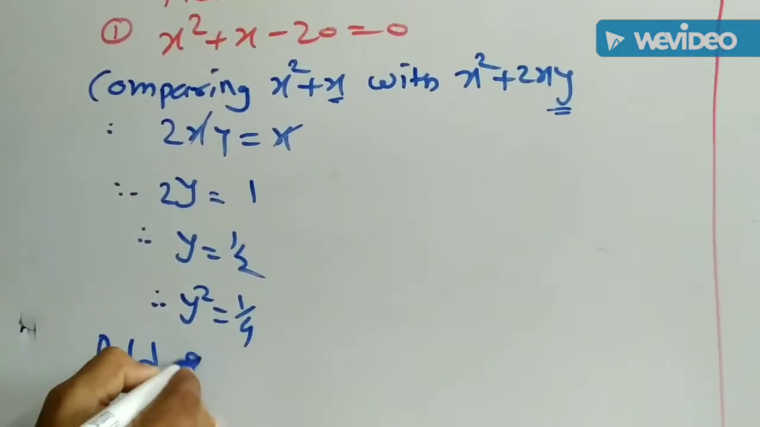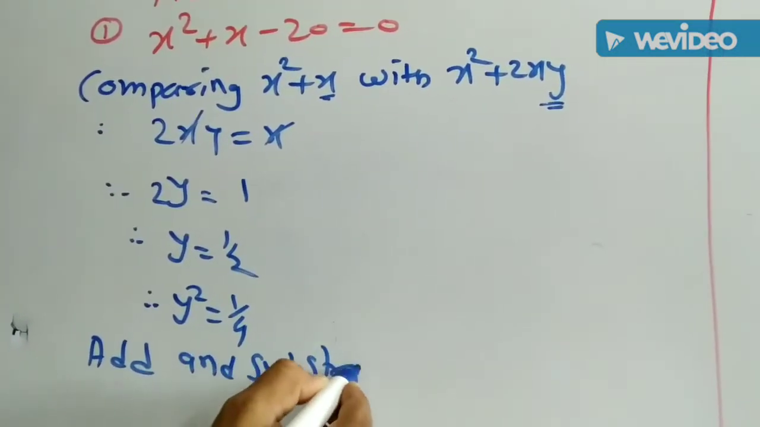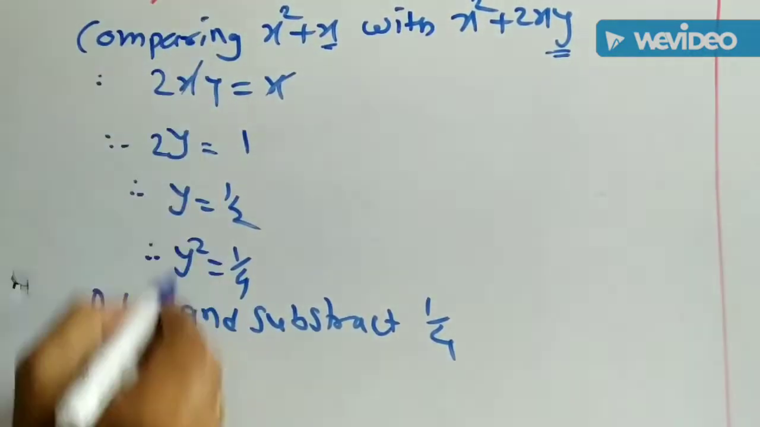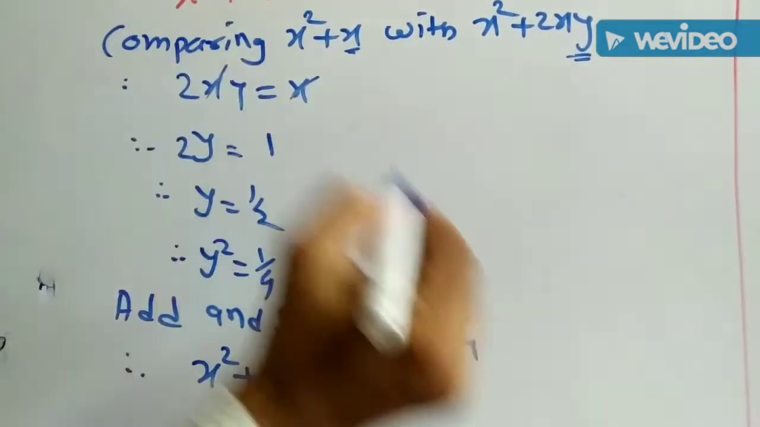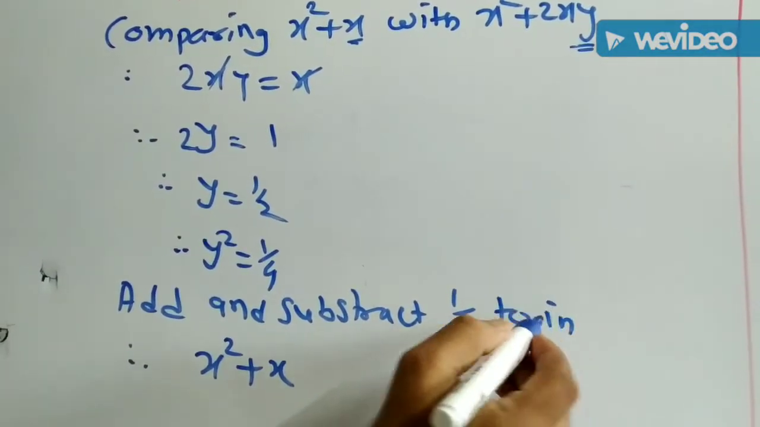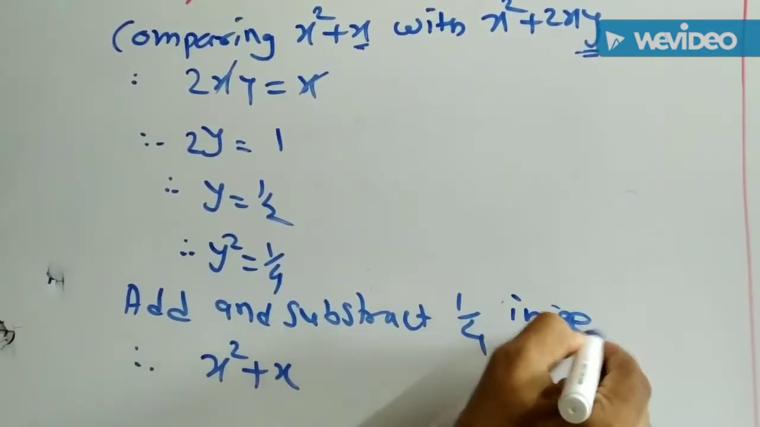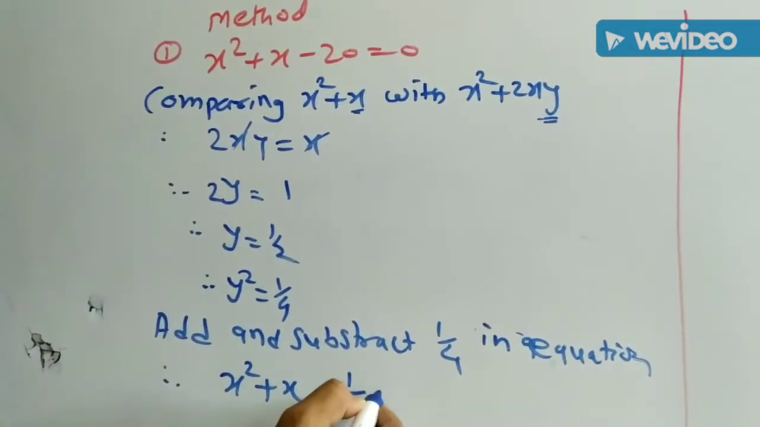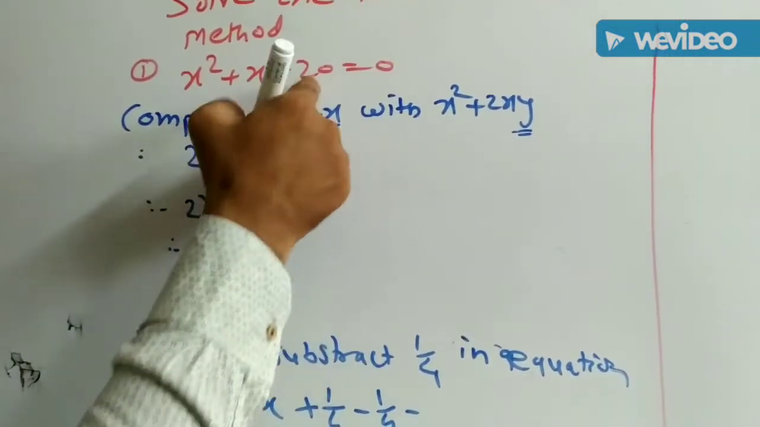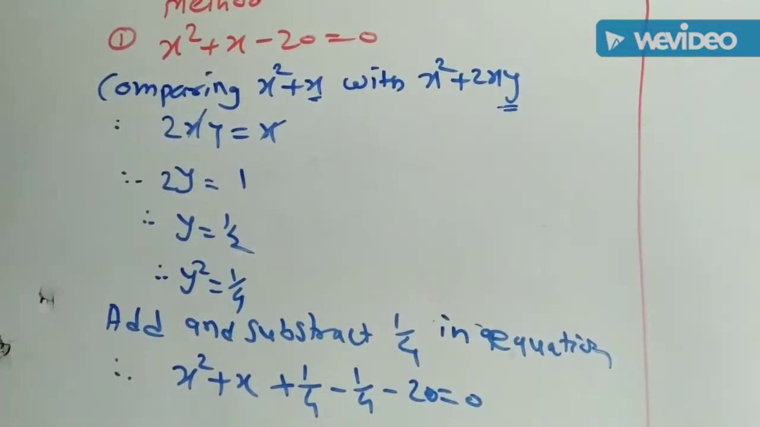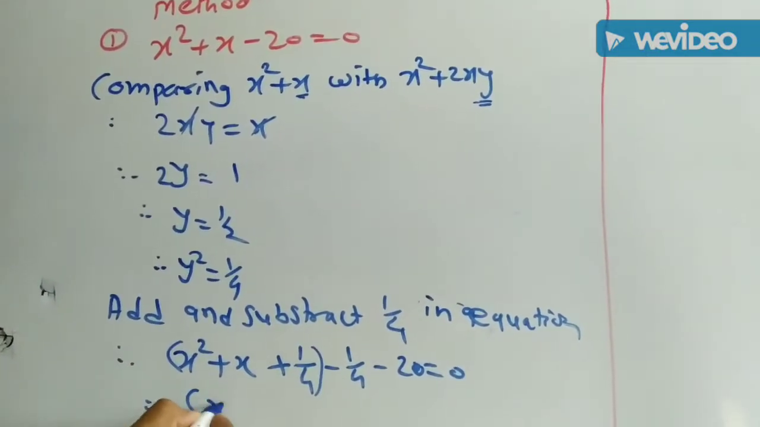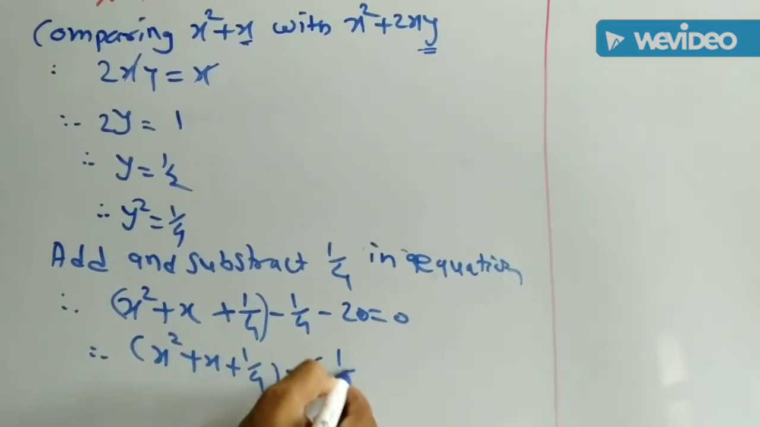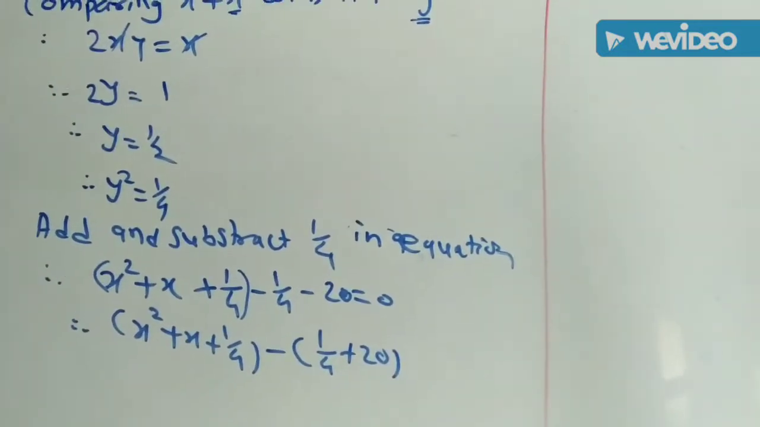Now add and subtract 1 upon 4. Then we get x square plus x in the equation. Now add 1 upon 4 and subtract 1 upon 4, with the last constant term as it is, minus 20. Now group the first three terms, x square plus x plus 1 upon 4, and minus 1 upon 4 minus 20 is common. Now